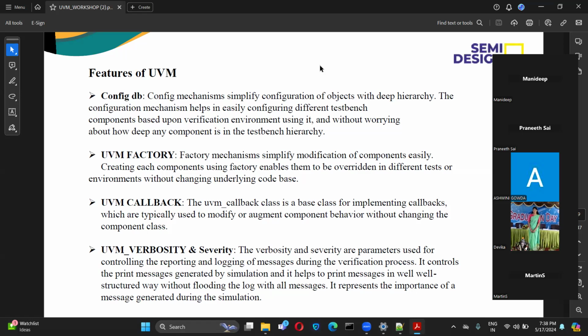It samples the DUT signals, basically the DUT outputs. How will the monitor get the DUT output? Through the interfaces. Correct. So even the driving happens through the interface, and the collection or sampling also happens through the interface. Now, if someone asks you to draw the test bench architecture of UVM, will you be able to draw it? Everyone? Yes. Great.